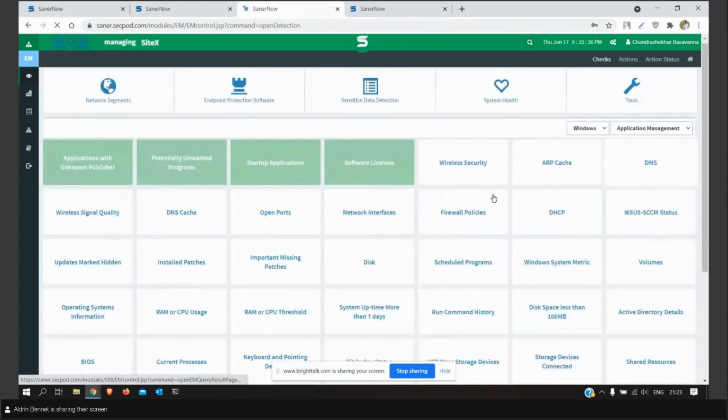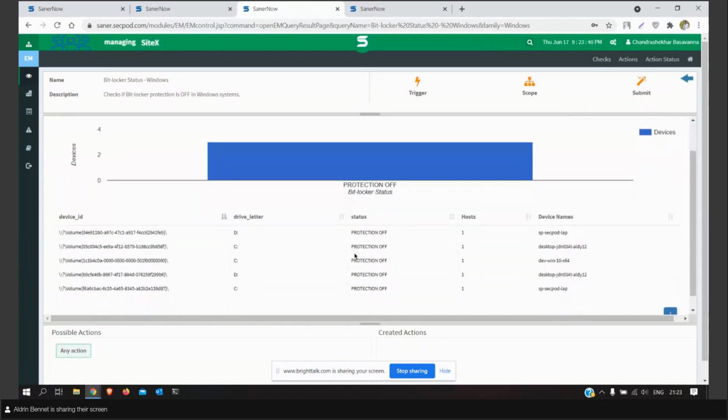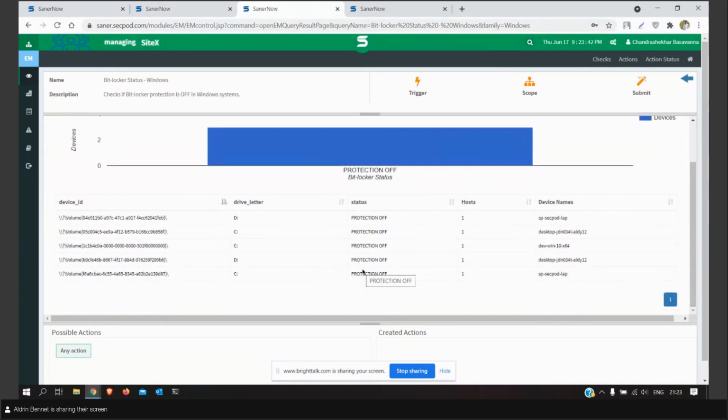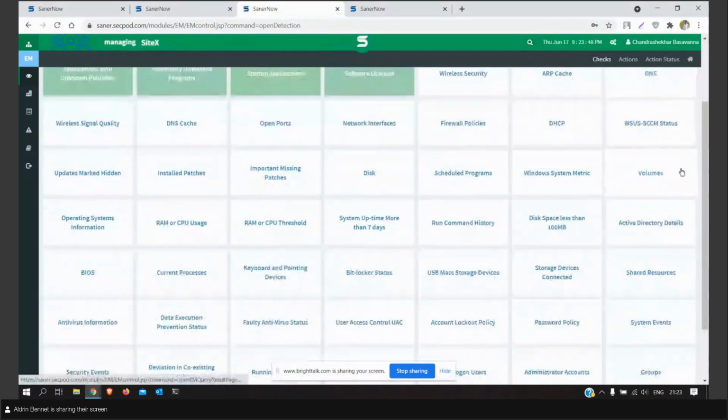You also have an interesting feature to look into the BitLocker status. If you go into this, you'll get a complete picture of all your Windows endpoints and you can know wherever the protection is turned on or off in your endpoints. I can see a lot of metrics in this dashboard, and you can easily monitor any endpoint metrics with Sendo. Let us see the next scenario now.